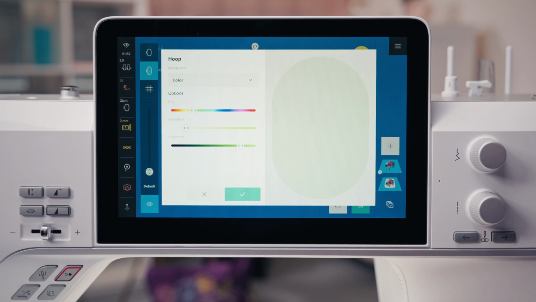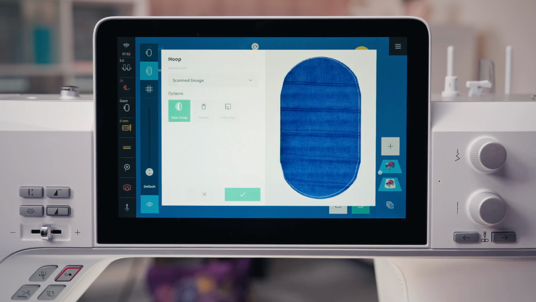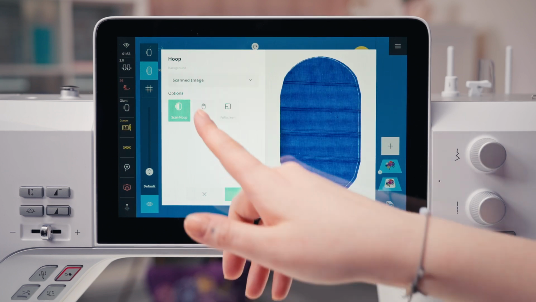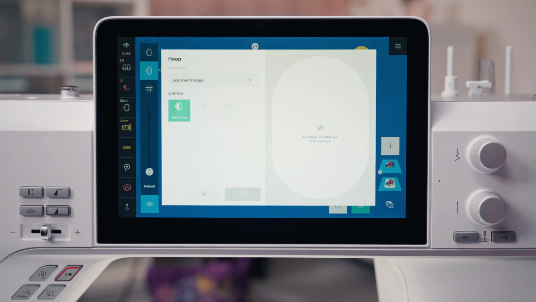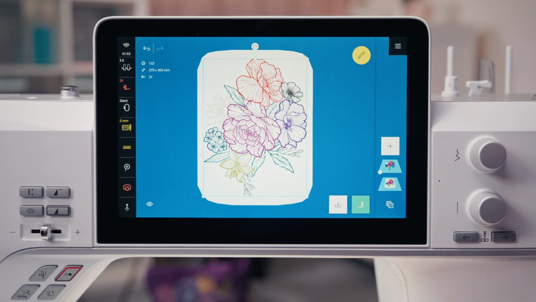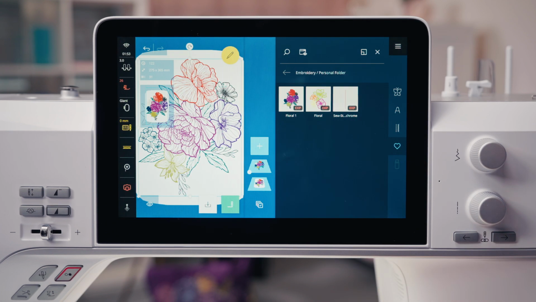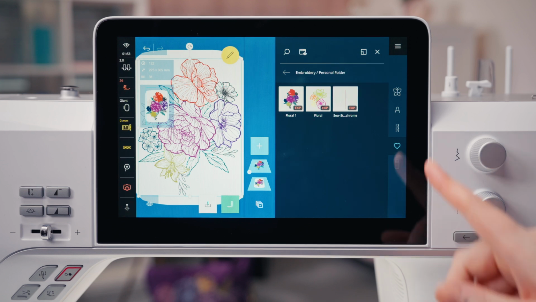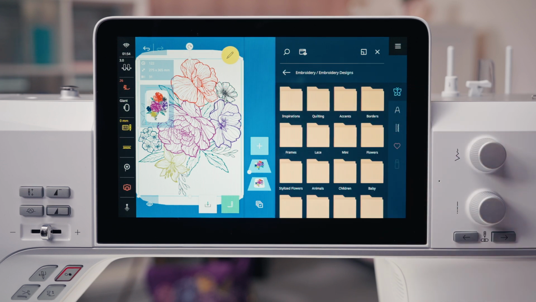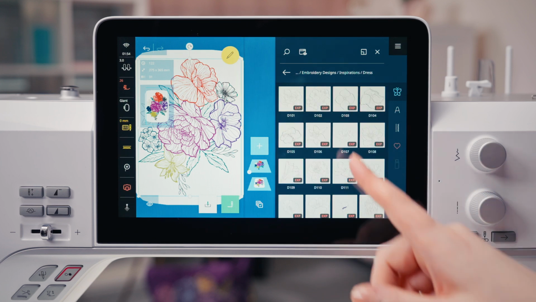It is easy to scan your attached hooped fabric for the perfect placement of embroidery designs. Close View to see the full screen. To add a design, simply select the plus, then the Embroidery Design tab in the File Manager. The design will appear on the screen and in the layer bar. Below, you will find the selection options.